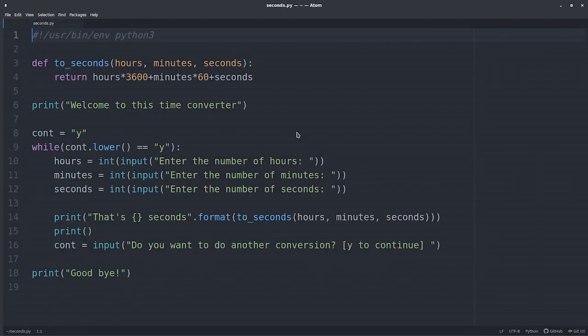This script does a bunch of things, so let's go over it piece by piece. First, we define a function that converts into seconds the number of hours, minutes, and seconds. The actual program starts by printing a welcome message and then entering a while loop. See how we first initialize the cont variable that we'll use to check whether the user wants to continue or not? In the body of the while loop, we ask the user to provide the number of hours, minutes, and